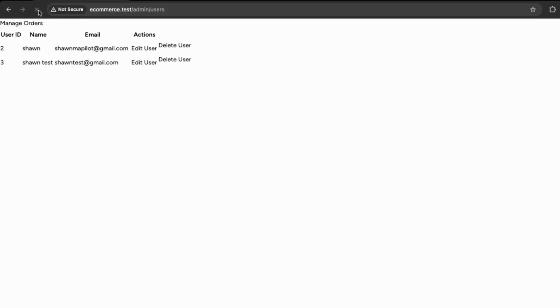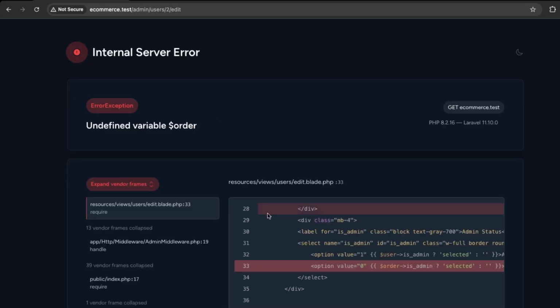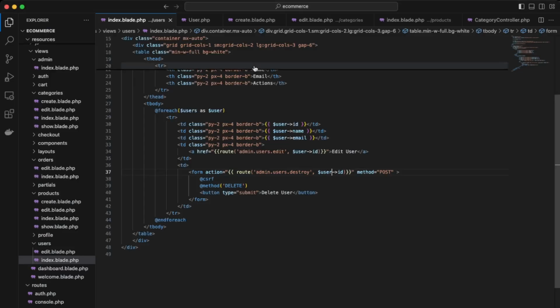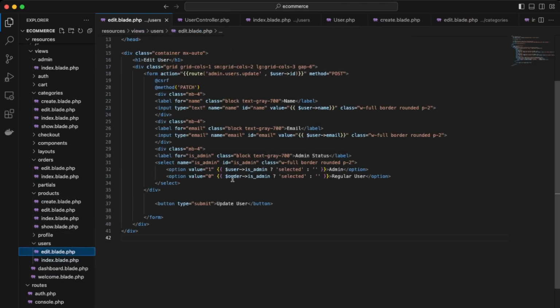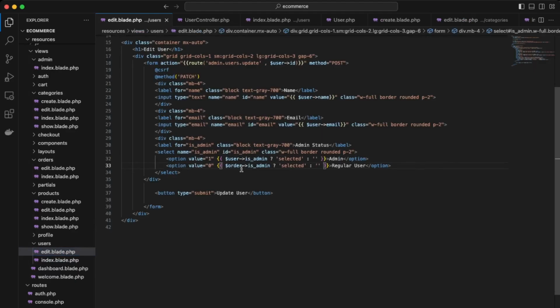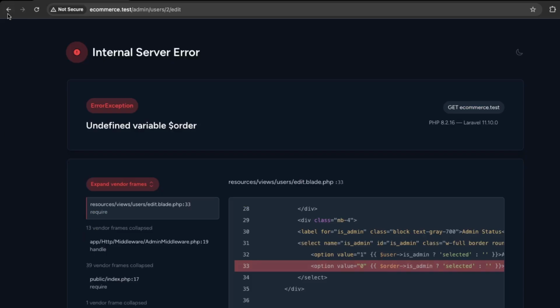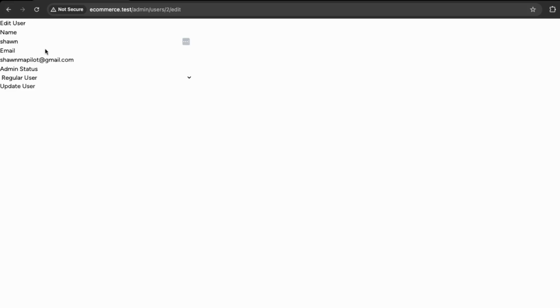Okay, so refresh here. Okay, so we have edit and delete user here. So first let's edit. Okay, so I just didn't update this one over here. So let me just fix that. So over in our users edit. So over here, just change this to user as well. Okay, let's try again. So back and then edit. Awesome, so we can edit